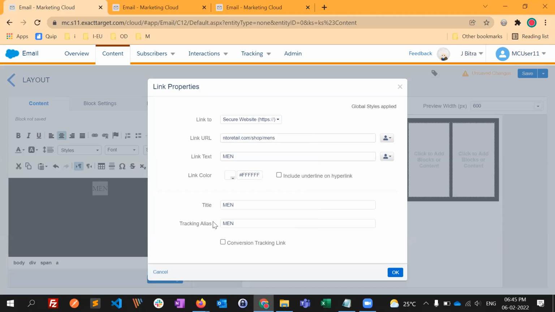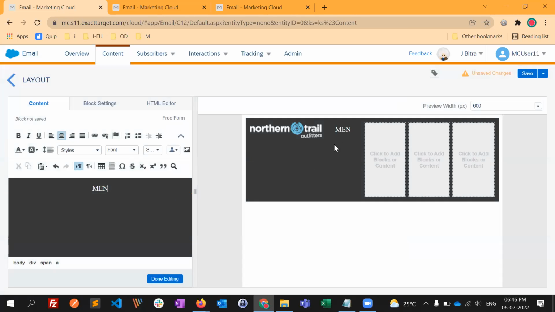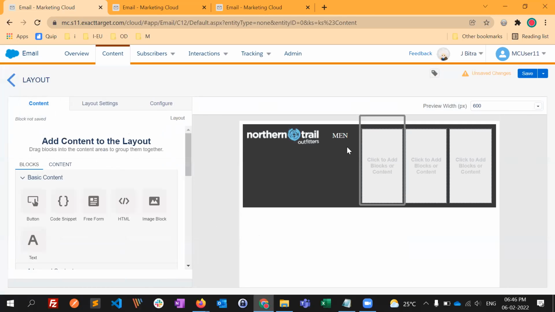Then there is a link title and tracking alias. This tracking alias is what you can use in your post deployment reports. Like, I will give men header nav, so that if any subscriber or customer clicks these links, it will be tracked, so that you know which link that particular subscriber has clicked. It will show as men header nav. Okay, now this is the same color, fine. Similarly,